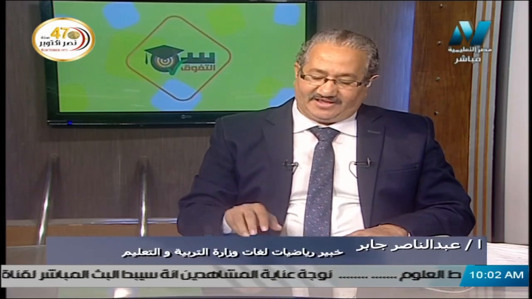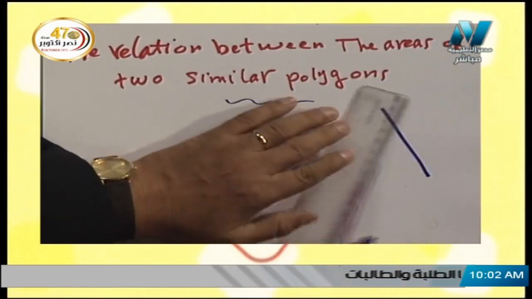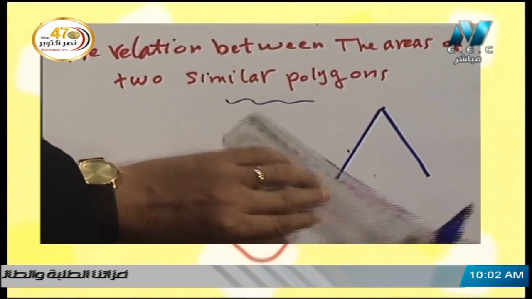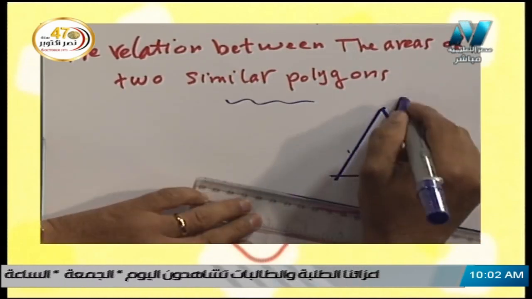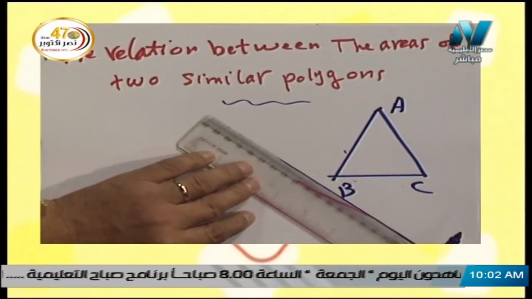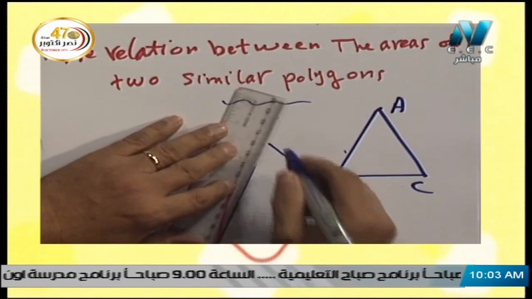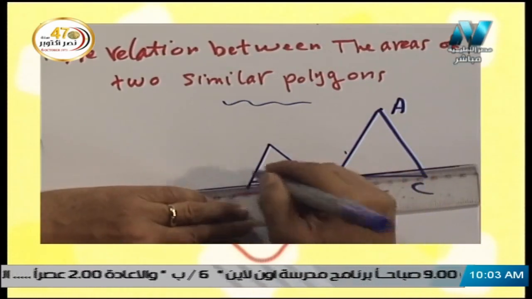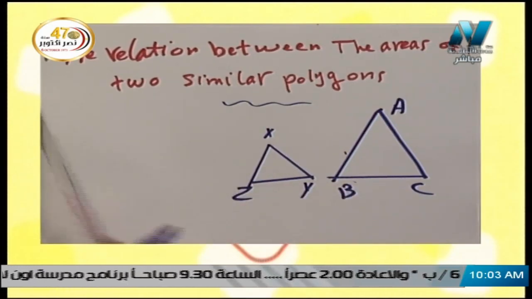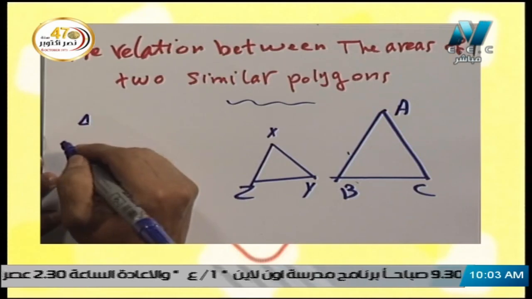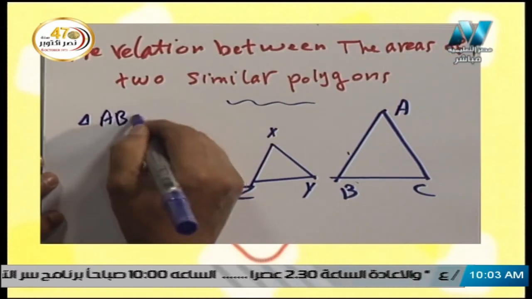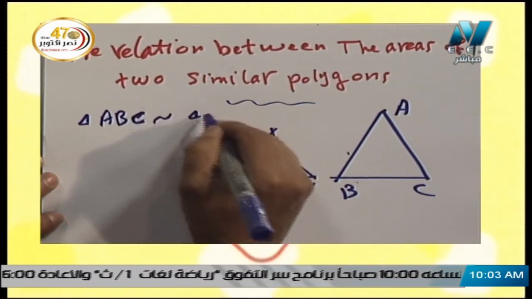Today we are going to study a new lesson in geometry, which is similarity and areas. Now we will draw a triangle like that. If we have two triangles and the two triangles are similar, a triangle ABC and the other triangle XYZ, like that. If the two triangles are similar, such that triangle ABC is similar to triangle XYZ,